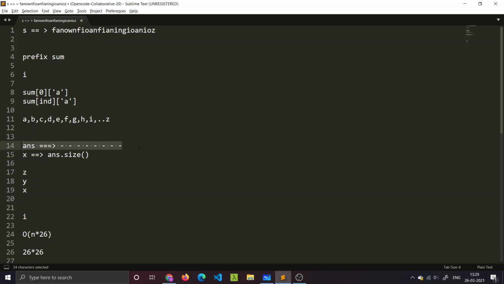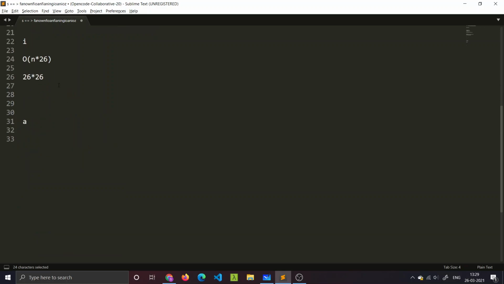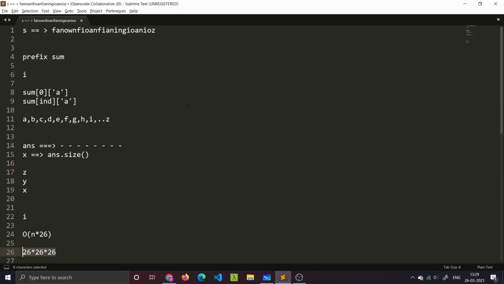And what is the maximum length of the answer which is possible? It can be 26, because the number of unique characters can be 26. So this is the number of iterations in the worst case that can happen. So the overall time complexity will fit for this particular case, and yeah, this was the whole answer.